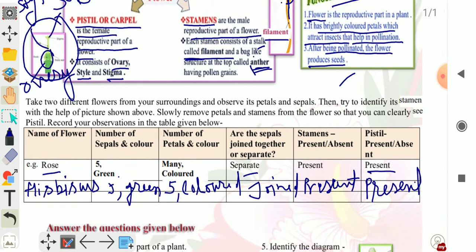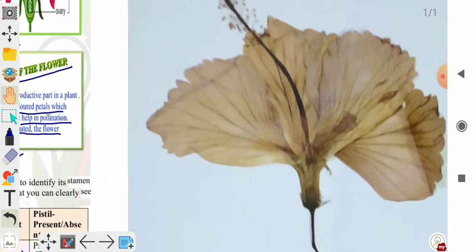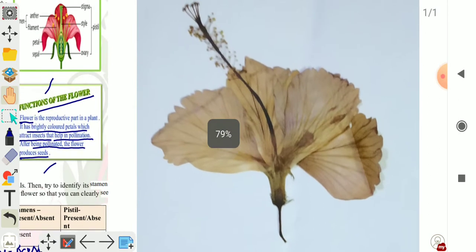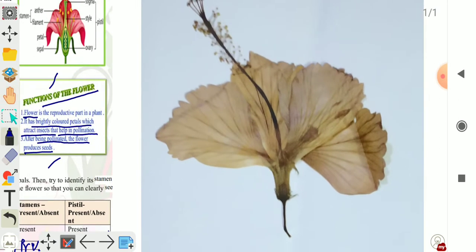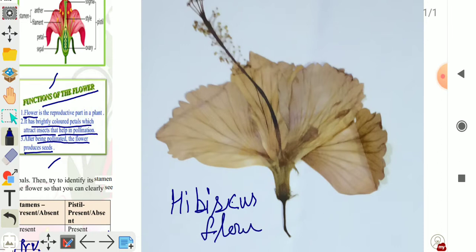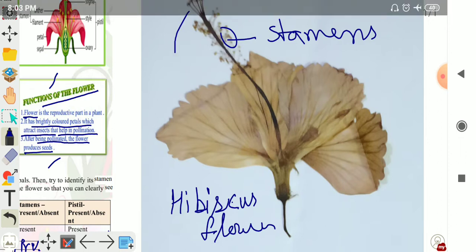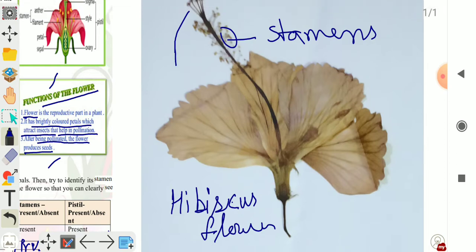You can see this flower in the dry form. This one is dried hibiscus flower. This part is stamen, and this part is pistil. These are red color petals,